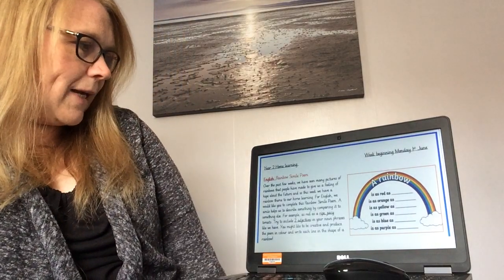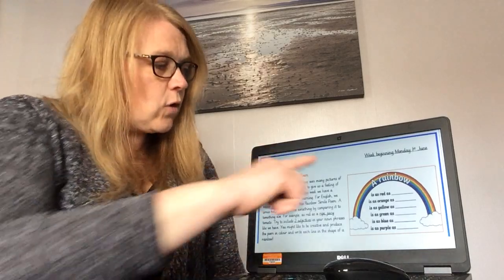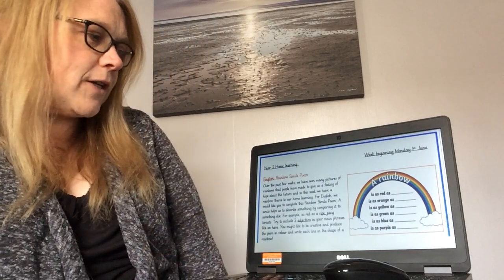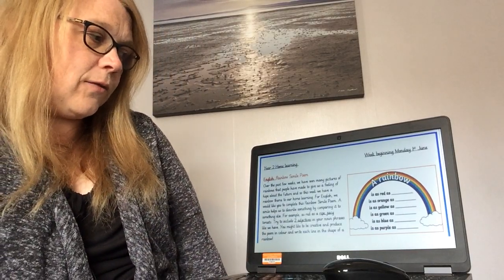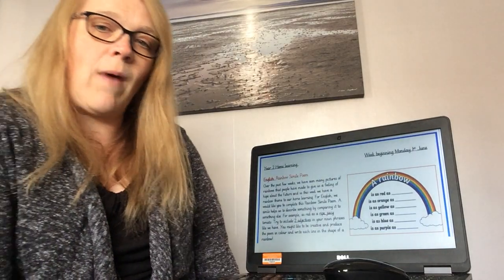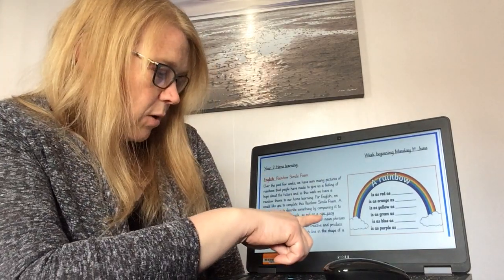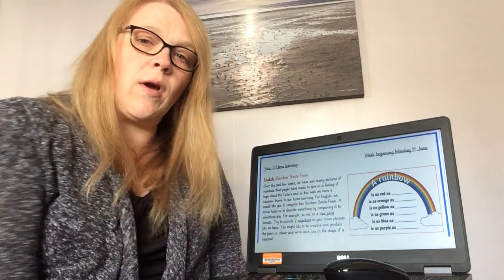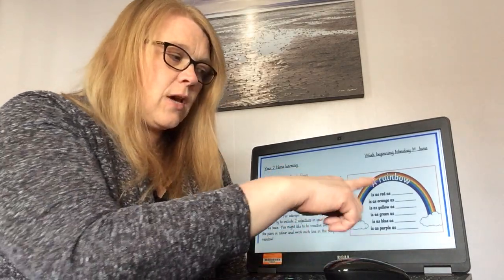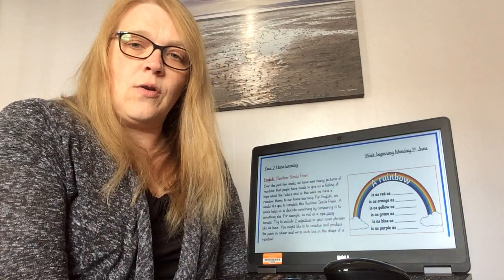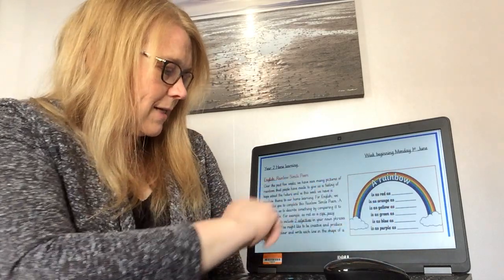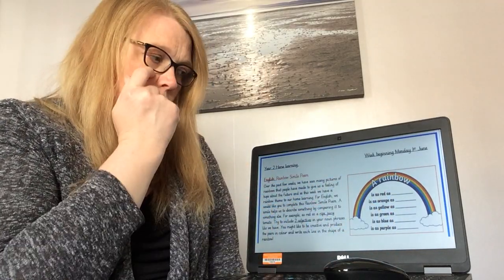So for example, in our poem today we've got "a rainbow is as red as a...", and I would like you to finish off that sentence for each colour going down using something that the colour represents. For example, it might be, it is as red as a ripe juicy tomato. So make sure that you're making choices that reflect the colour that you are using in your sentence. So it might be, a rainbow is as red as a ripe juicy tomato.